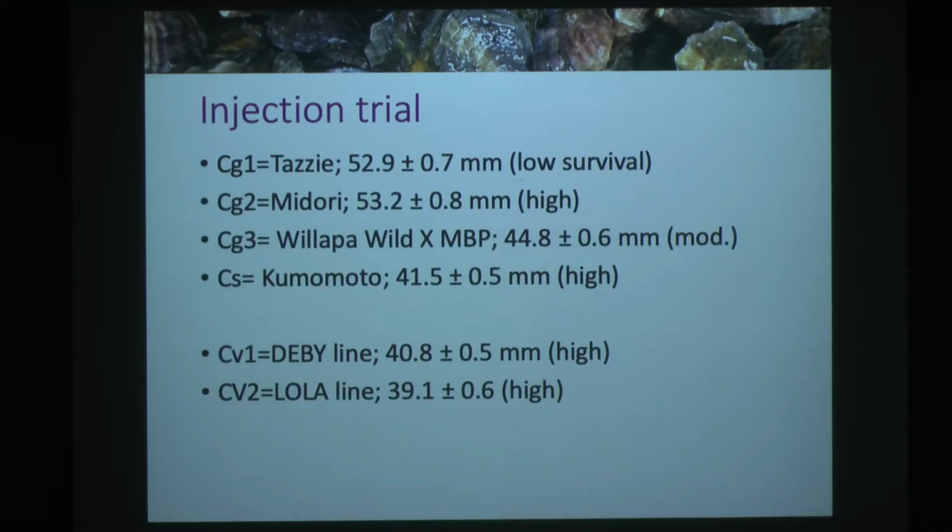So we followed this up. So these are the groups that I described earlier, the CG1, 2, 3, the Crassostrea, and just in case anyone is familiar with oysters and is wondering what life stage I've included, kind of the general size, it's also somewhere about here. And based on the field data, I had some hypotheses. So I thought this one would have low survivorship, so that matched with the bag 88. This one high, that was the first group I showed you. And then this one moderate, and finally the Crassostrea, which I forgot to point out, had very high survivorship in